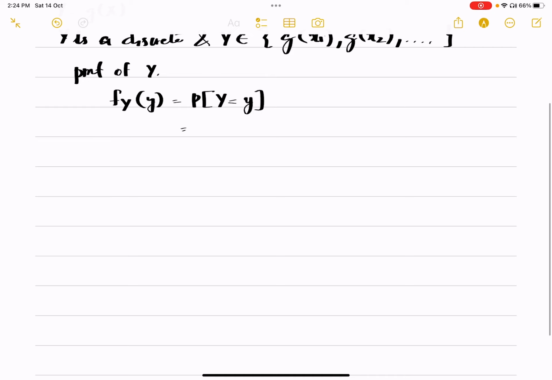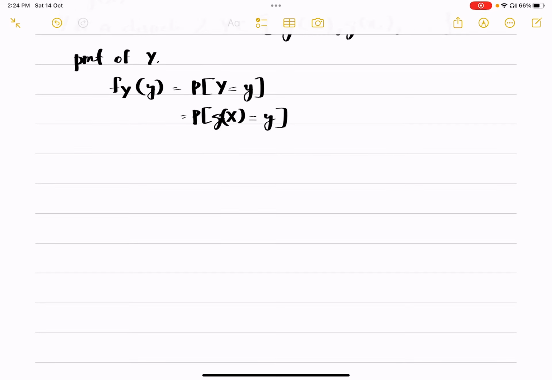right? So what is y here? That is g of x equal to y. Earlier the advantage we had was that it was a function, so we could use the concept of the inverse of a function. But here we have to contemplate it more carefully. So what does this mean? The g of x is equal to y. It means x belongs to the set of all x such that g of xi belongs to y,